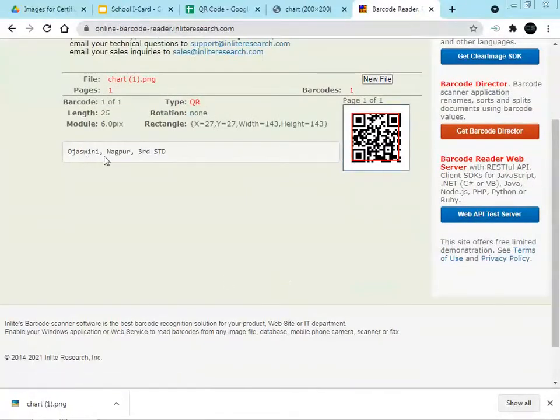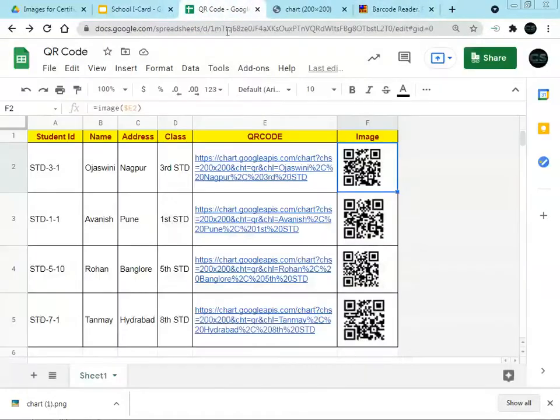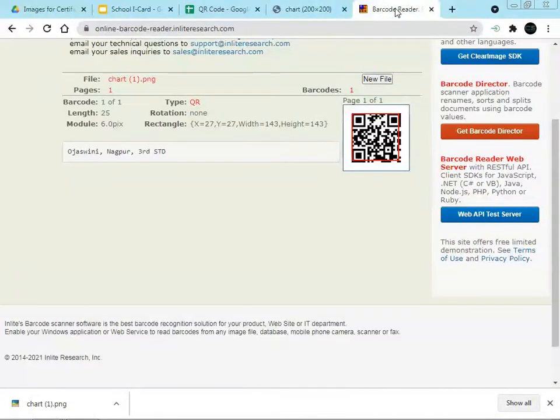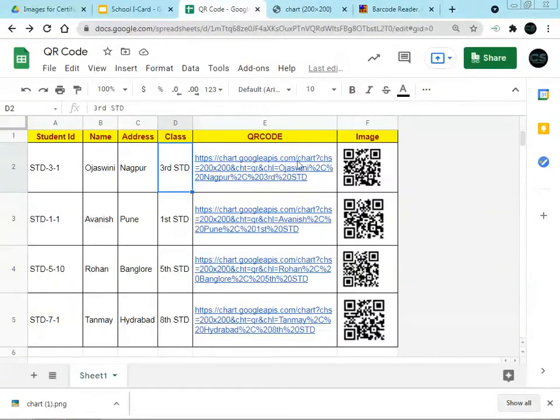What we are getting is Ojaswini Nagpur third standard, which means that the QR code which is generated here is exactly what we are expecting. So all the information encoded in this image is good.